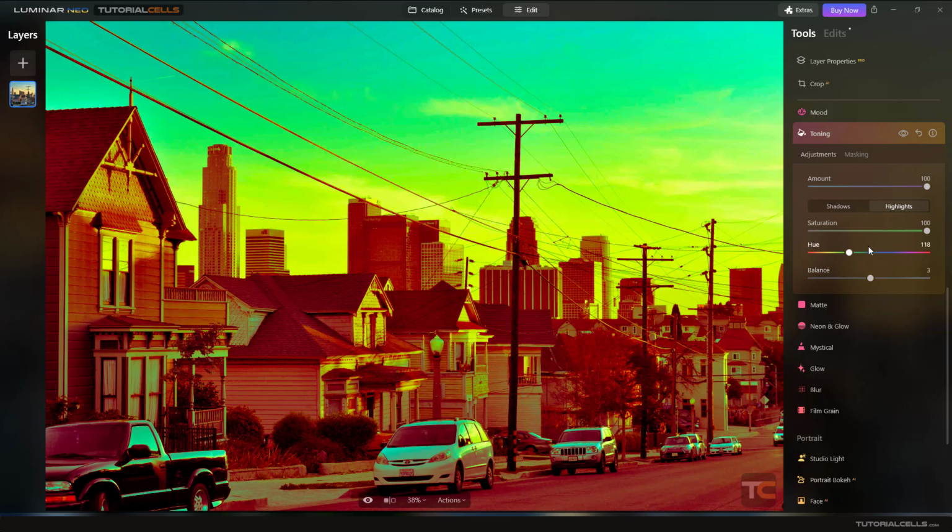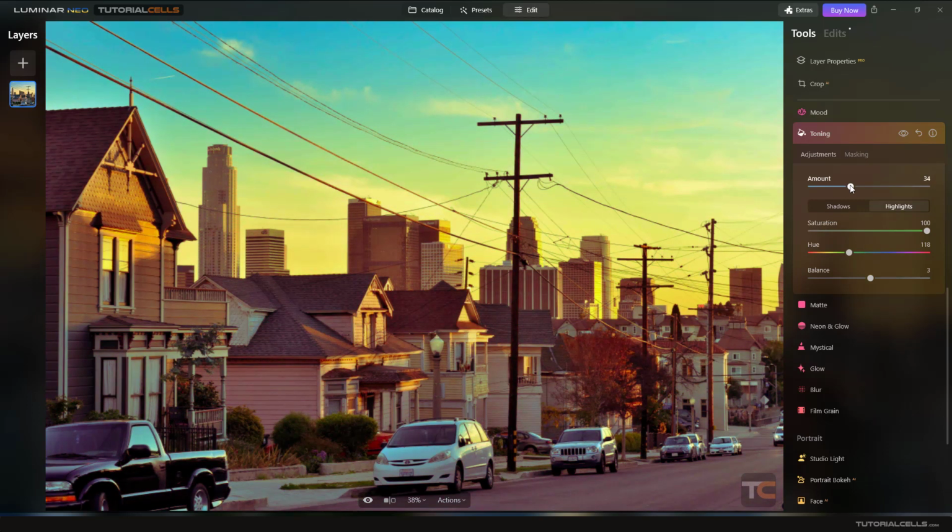I explain it in this way because you can understand it. And here you can choose the amount of that. Now, as you can see, our darker area is a little bit red, and the brighter area is green. And with this amount, you can control it, or you can give more saturation or not to the highlight or shadow. That's it. So the tuning gives any color that you choose in hue with a different saturation to